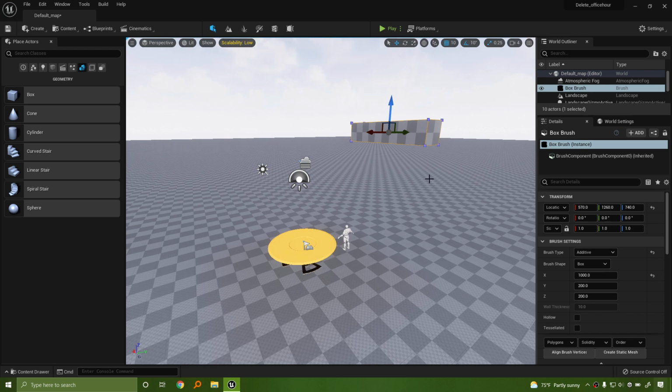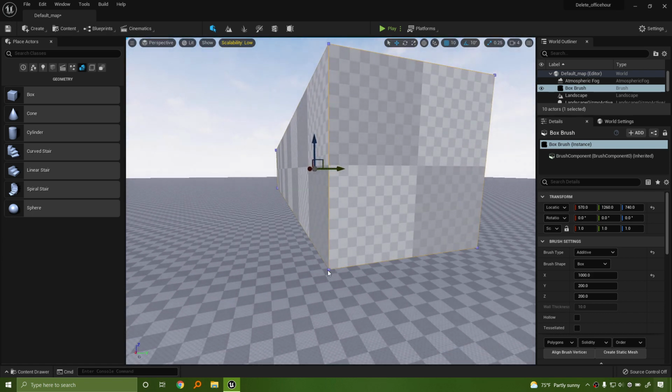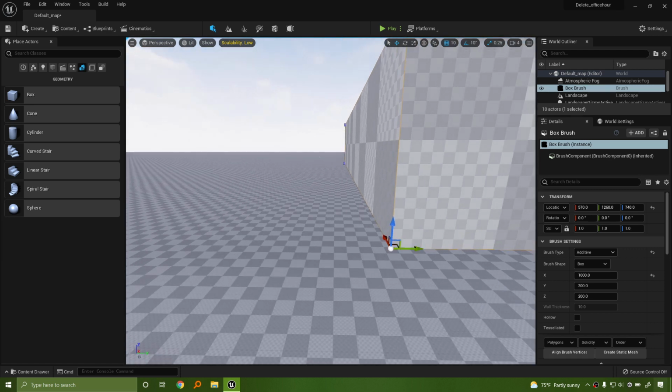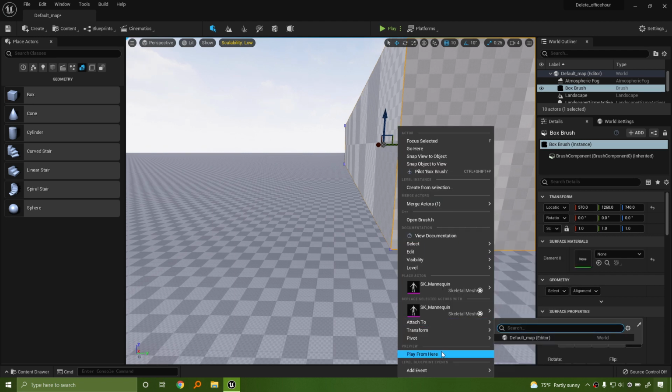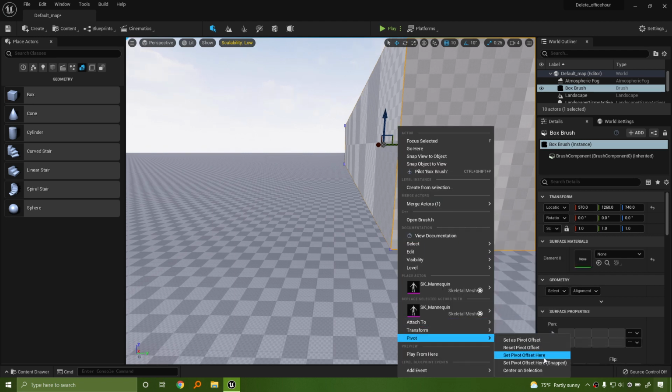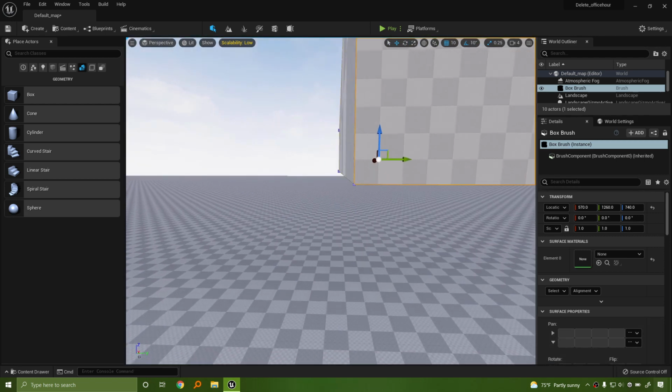Now I'm not going to talk about pivots. I'm not going to talk about setting up pivots. But generally speaking, what I would do if I was going to build something larger and do it fast is I would set up my pivots so that I could scale from a very specific point. This is scaling from the center. So I would do something like, I don't know, select that. Make sure I'm selecting the right thing here. See, that's not precise.